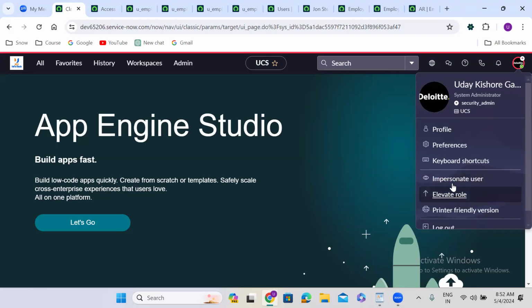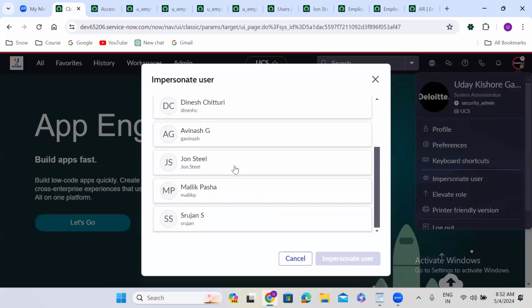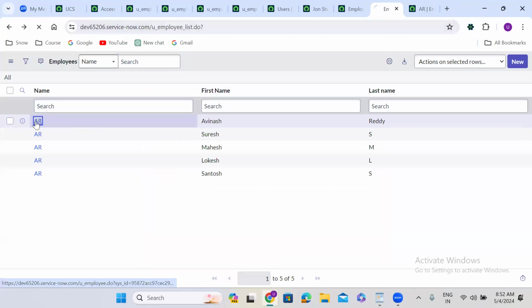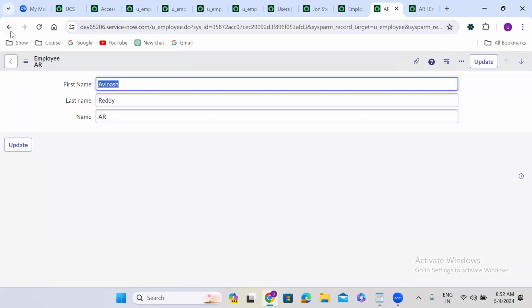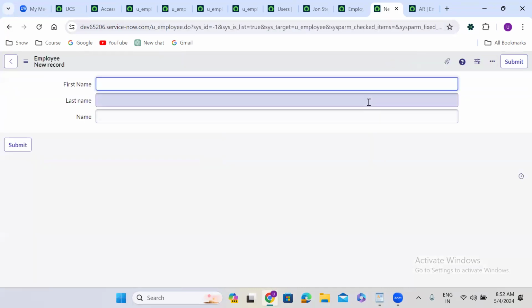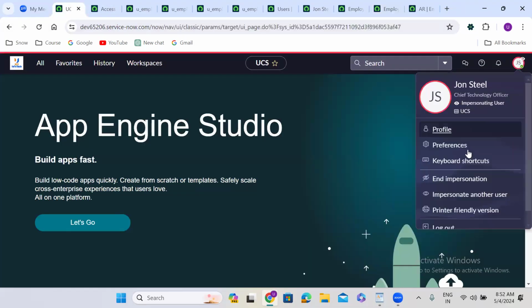So I am going to impersonate as John Steele now. John Steele having ITIL permission can read, can write, can create using these 3 fields. Okay. So he is able to read these 3 fields. He is able to update and he is able to create a record using these 3 fields. Okay. So if I impersonate as John Steele with ITIL admin permission,